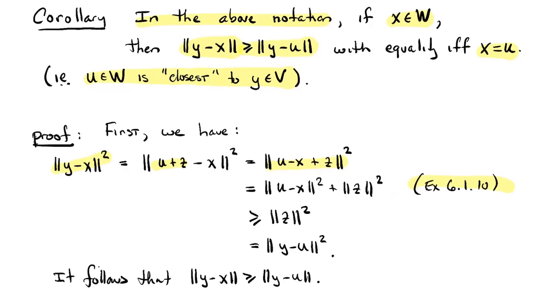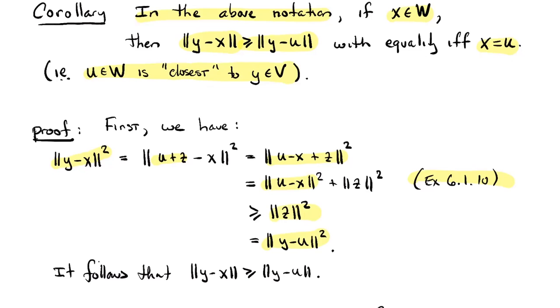The square of the length of their sum is the sum of the squares of their lengths. That's just the Pythagorean theorem. So that's true because u minus x is perpendicular to z. And then the length of u minus x squared is some number that's greater than or equal to 0. So that sum is at least the length of z squared, but z is equal to y minus u. Right? So that gives the inequality,